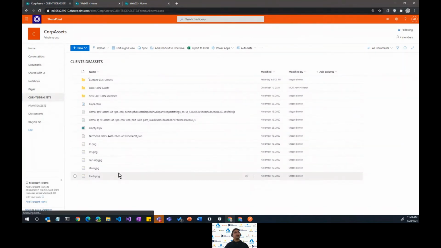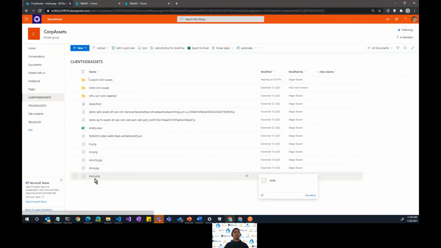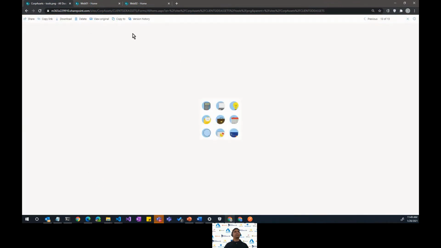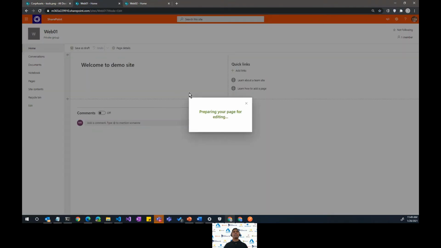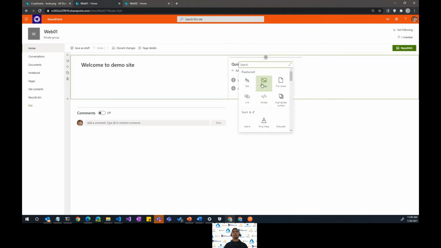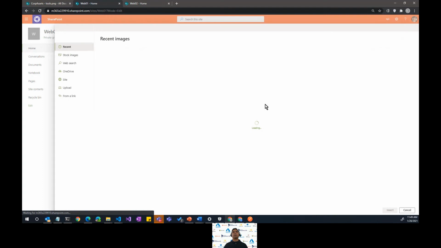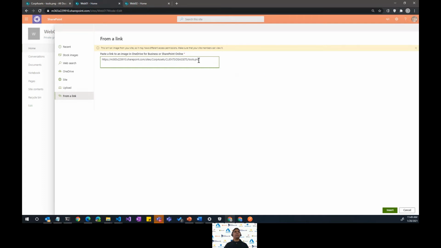In this library, I have a bunch of pictures. Let's copy tools, copy the URL, edit the page. I pasted that URL, and it identifies that it's coming from this Corp Assets site. Let's go ahead and insert that.